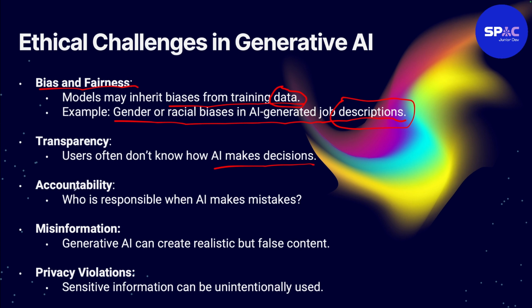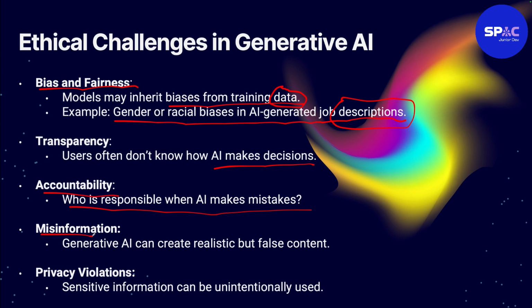Again, accountability. This one is very interesting. If you design an AI, maybe one that drives a self-driving car, and the car makes a mistake or hits something, who is responsible? Is it the person sitting in the car, not driving, or the company that designed the car? These are some of the questions that we need to ask ourselves, right? Probably the car manufacturer will be responsible, but nobody knows for now.